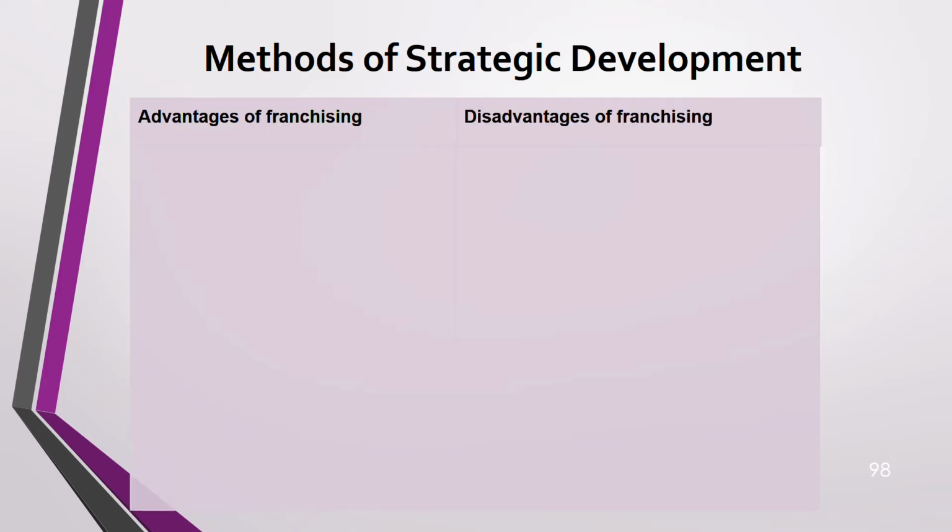Then we have advantages and disadvantages of franchising. So we started with acquisition, moved to organic growth, then joint venture, then strategic alliance. Now we are moving to franchising, before we move on to partnership, which comes after this. Before the advantages, I'm sure that you know what a franchisor and franchisee are. You have plenty of examples: Pizza Hut, McDonald's, Papa John's. You have branches everywhere. Internationally, every country has branches of Pizza Hut, McDonald's, right? How is it possible? Because of franchising.